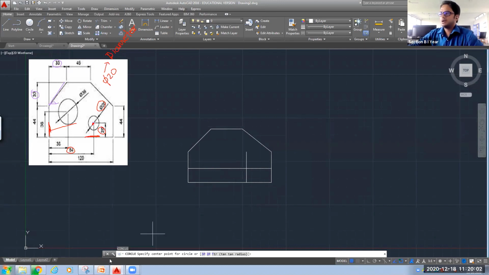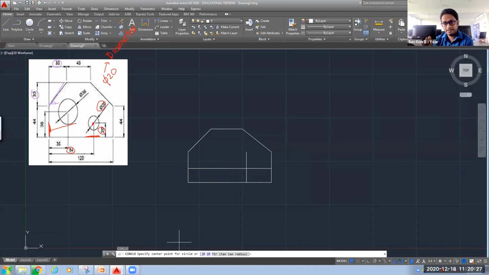Press enter. Now you can see here, specify the center point of the circle. And inside the bracket you can see three different options are there. So it means there are three different methods through which we can make a circle, like 3-point circle, 2-point circle, tangent, tangent, radius. Okay, so here I will go with the simple command.